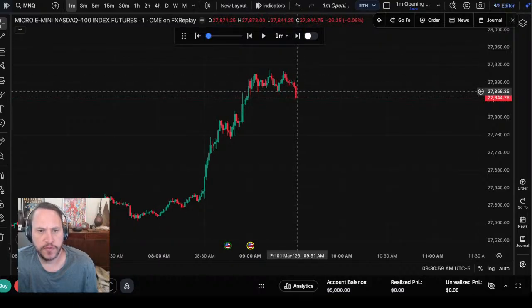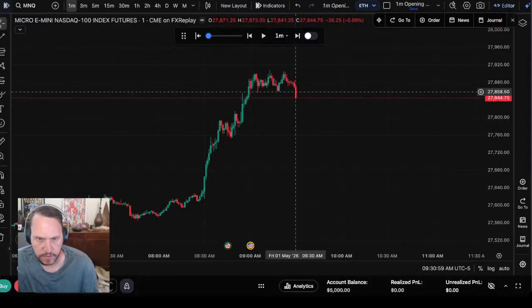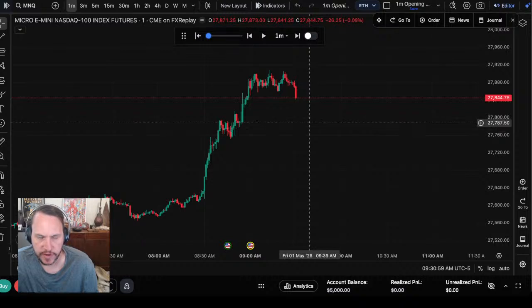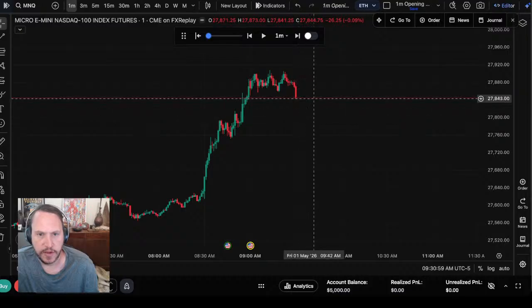Okay, so what we do is wait for the opening bell, obviously, because it's opening bell 1 minute scalp. Then we wait for a few candles to create a direction. And then on the first opposite direction, we jump in with the stop below that low and we go for 1-to-1.